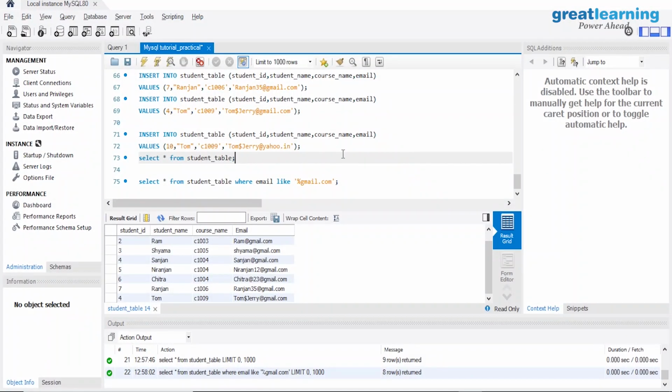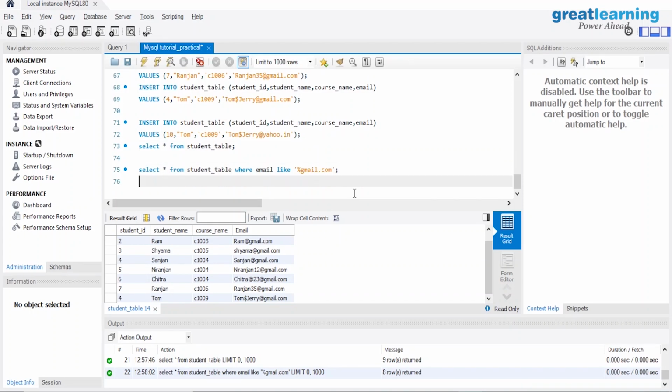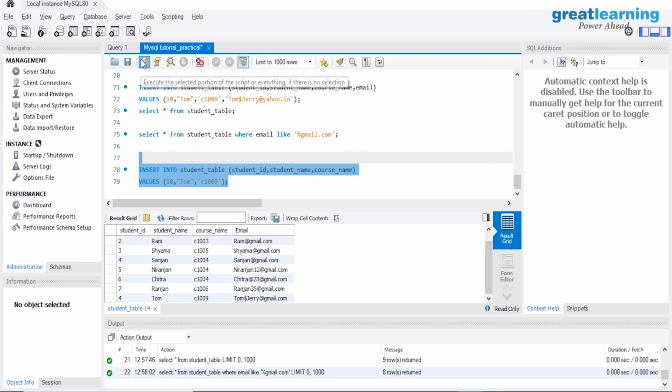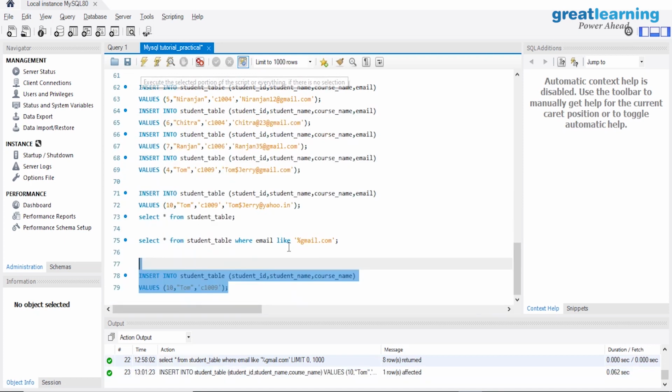So here, if we want to put some null values, how can we do that? Because in all the cases I have put down all the entries. Now I am not going to give all the values for my data, right? Let me do that with 1, 2. Maybe there will be, but email, I'm not going to provide the email over here, right? So I'm just going to provide the course name and the student name. Okay, let me just execute that. Yes, it is also inserted.